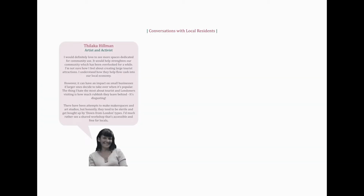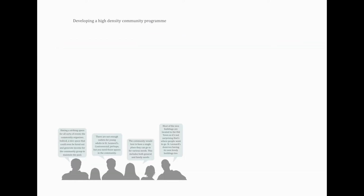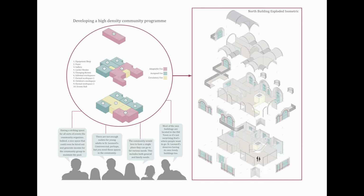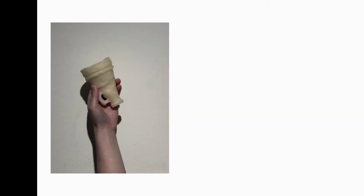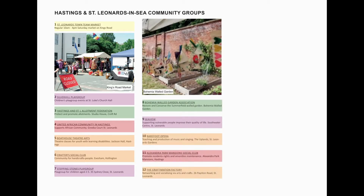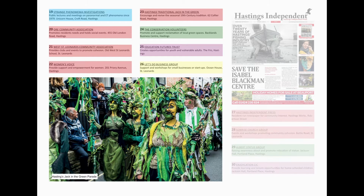The proposal was developed with the support of comments and discussions with local community members through a collaborative design methodology. The methods ranged from open interviews to a more detailed critical communicative design exercise using non-architectural artifacts. The approach invites individuals from the rich variety of grassroots community groups in St Leonard's to co-design the workshops and